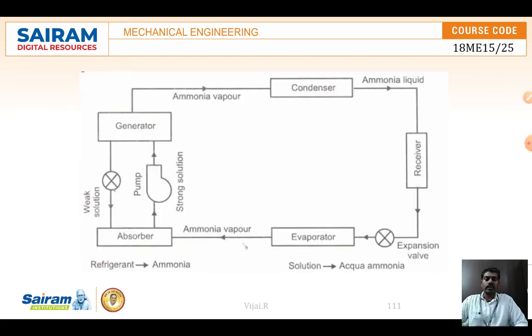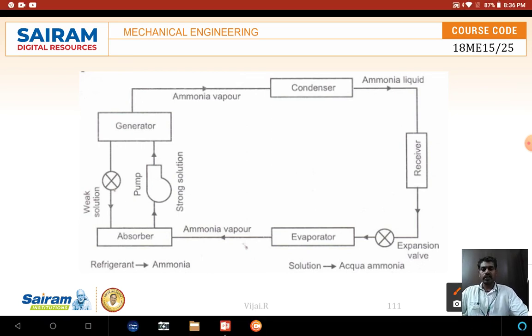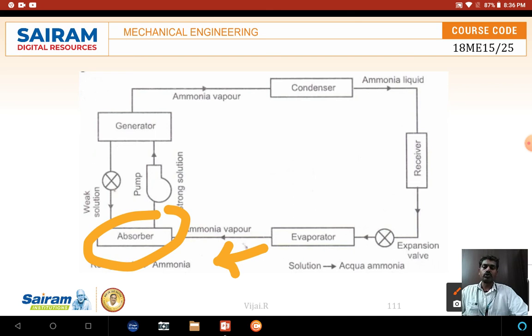And here once again we can see this image. So the first important thing is the evaporator. Through the evaporator, the ammonia vapor goes to the absorber. In this absorber, water plus ammonia becomes a solution. So ammonia and water become a solution. So the pump is going to pump this, the pump will pump this ammonia solution to the generator.